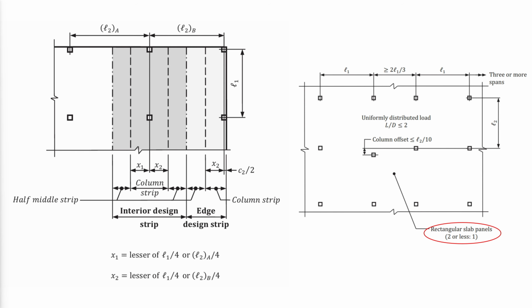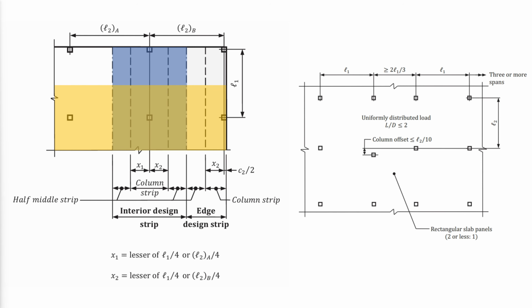If any of these conditions is not met, the direct analysis method cannot be used, and alternative methods like finite elements should be used to determine the internal forces in the critical sections. Analysis of the slab is performed in each direction independently, and 100% of the total gravity load must be carried